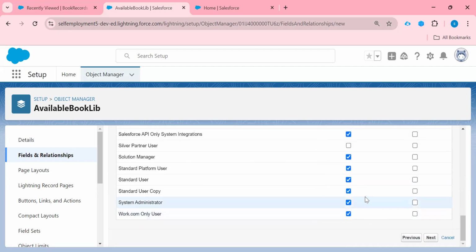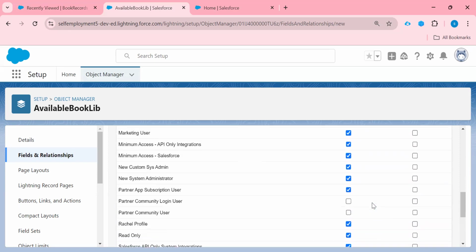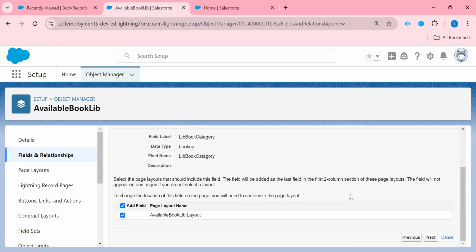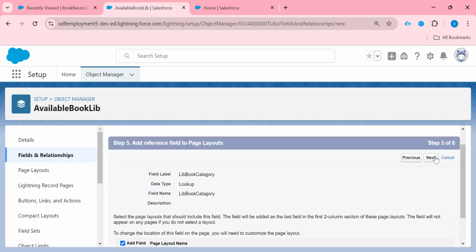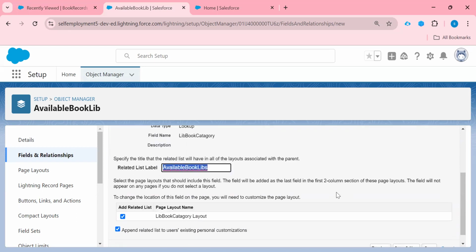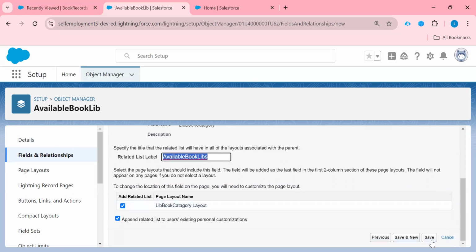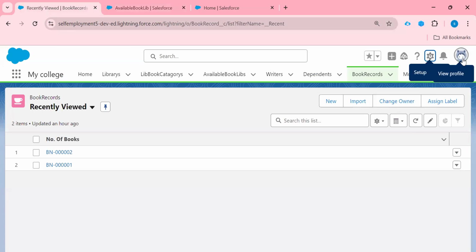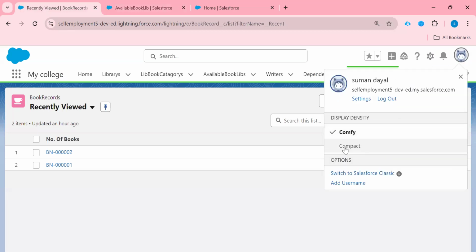You can change it as per your requirement. I am not going to make any change here, I am just keeping it as it is. Just click on next. It is asking for page layout, just click on next. Now the related list label is this, yes, just click on save, right? Now come to our application, just refresh.